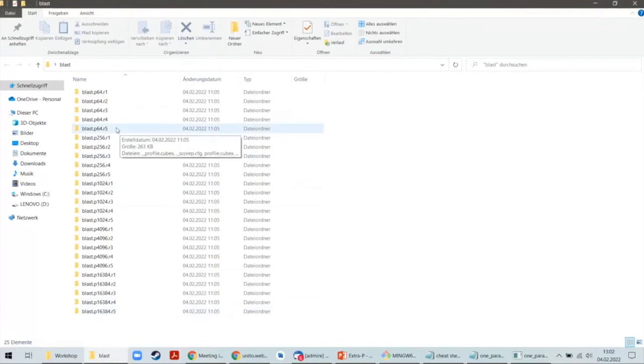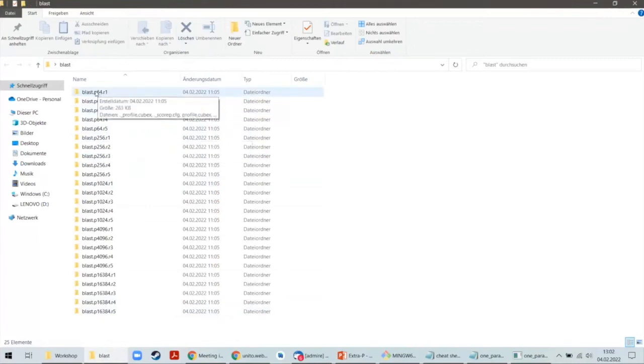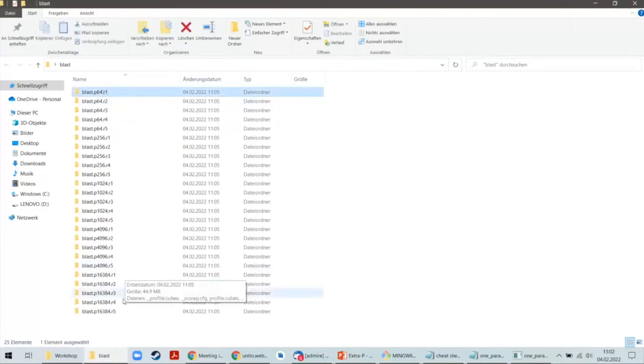Now for this code here, you can see we measured a lot of different configurations. So our parameter here was the number of processes, starting from 64 until 16,000. And then for each of these configurations, we did 5 repetitions. So here you can see the naming convention that we use for each folder. That is necessary, otherwise ExtraP can't read the data, because it needs to know somehow which data belongs to which